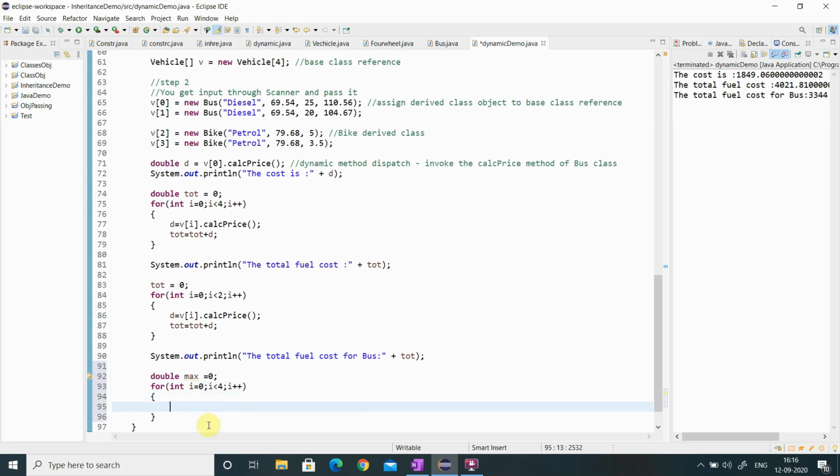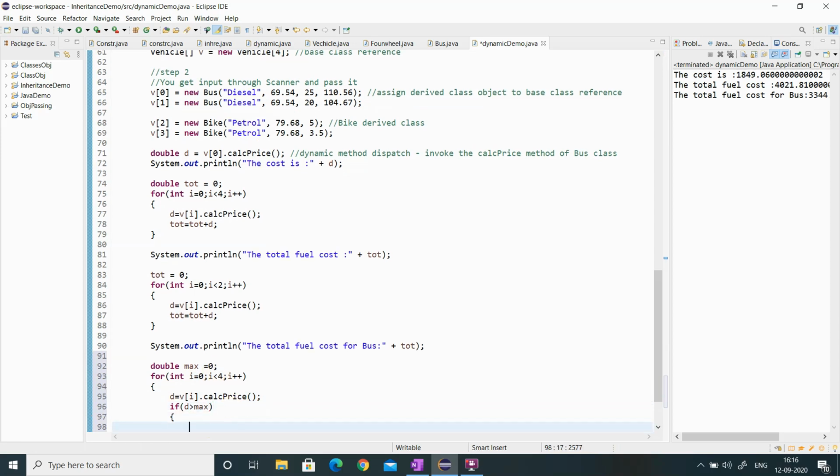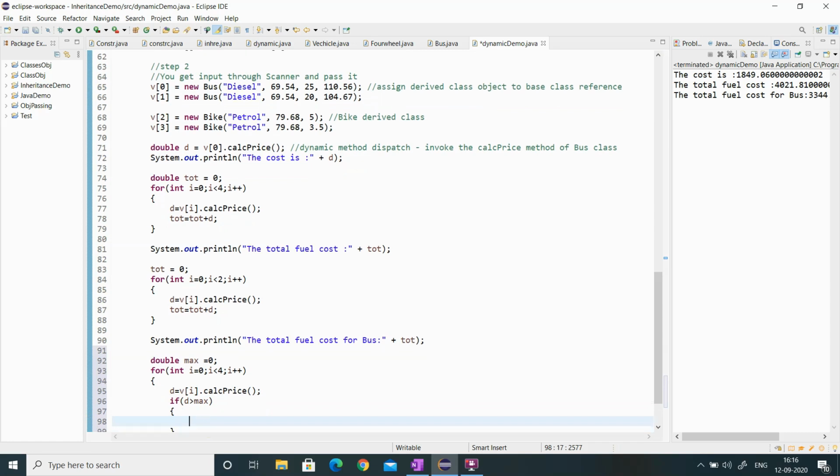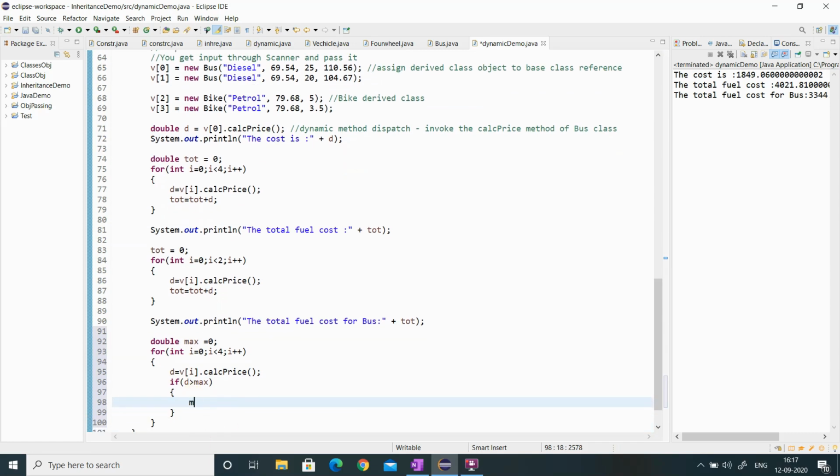Now I have to calculate the price for the first object, v of i dot calculate price. Now I have to check if that double value is greater than maximum, because I have initialized maximum as 0. If it is greater, I assign it as the maximum value.